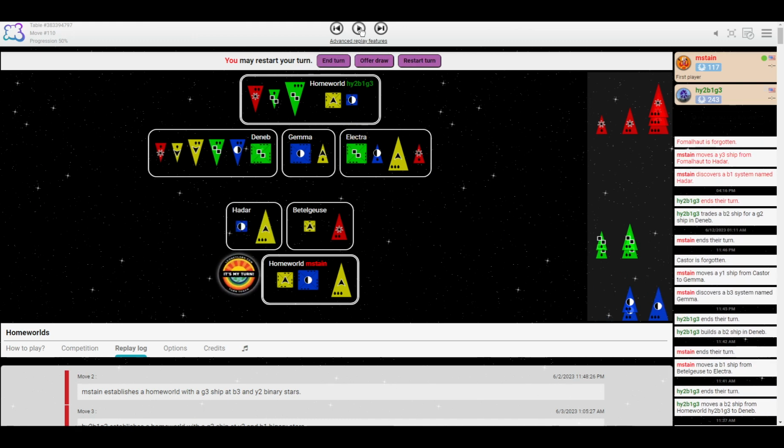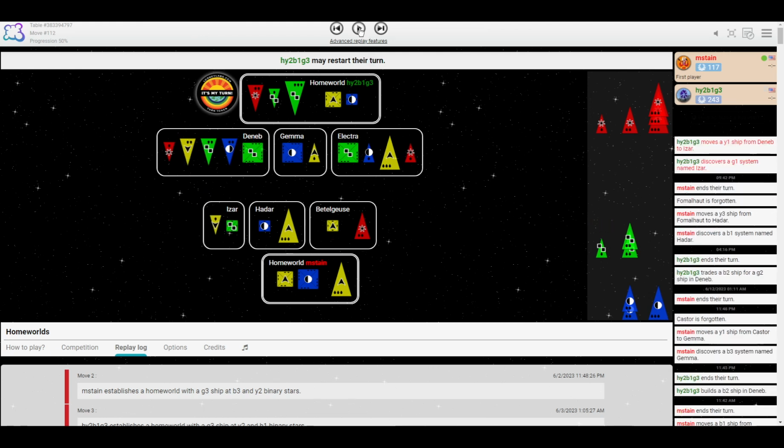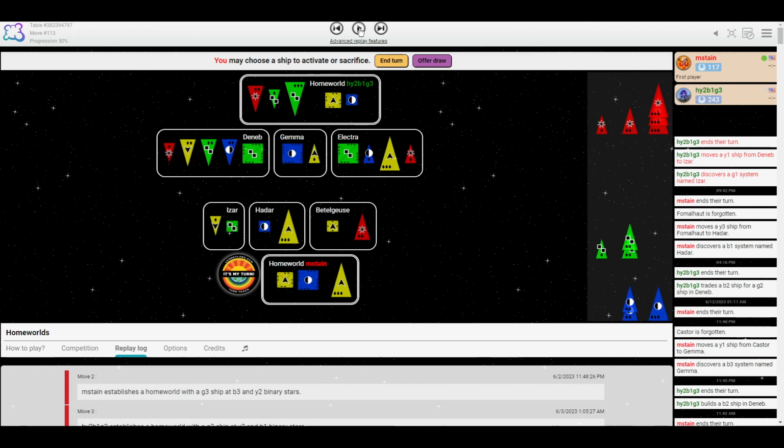mstain, yeah, moving a yellow into a colony now connected to Deneb, so I think mstain is getting ready to invade. I think Will should do something preemptive to discourage that. You know, even building another green would discourage mstain from moving in. Although Will would not want to lose all of this just to destroy one of mstain's larges. Yeah, I think Will is wise to start evacuating